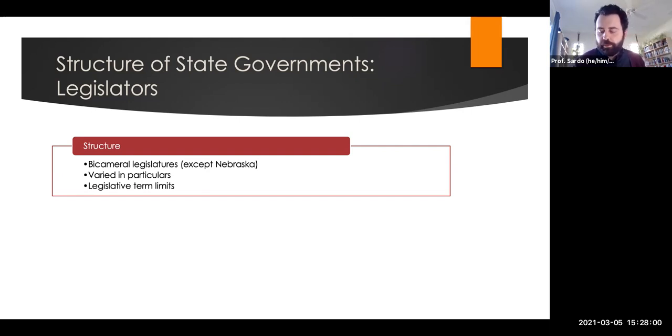Fifteen states have term limits on their legislatures, and there's a fairly robust debate on whether term limits are good. Lots of political scientists actually think that they're bad, that even though turnover might be good and decrease corruption and increase diversity, this can lead to the